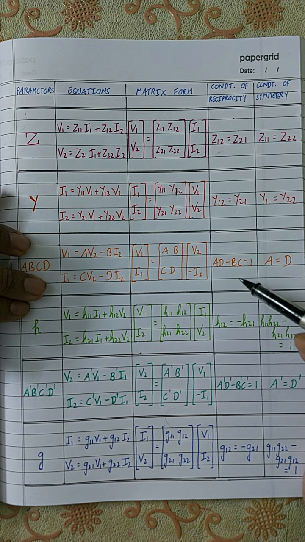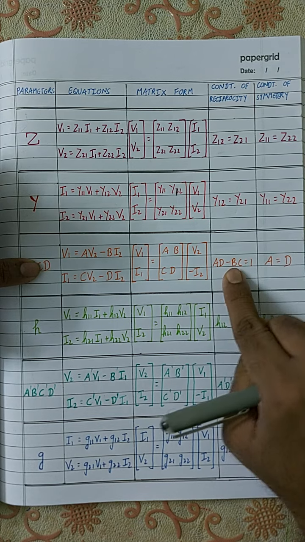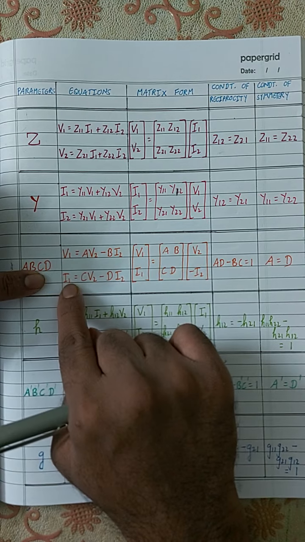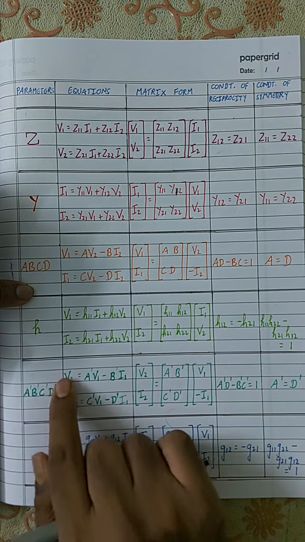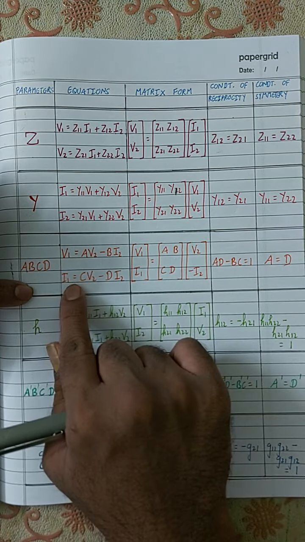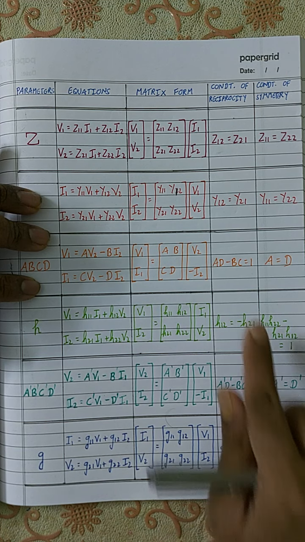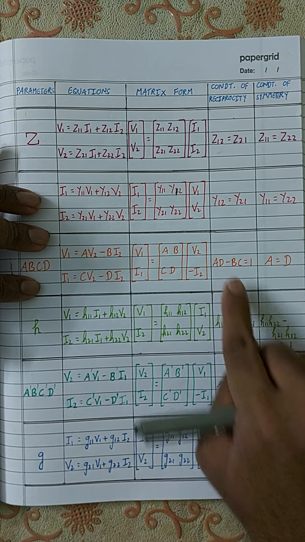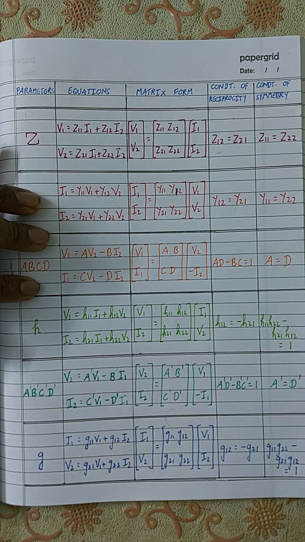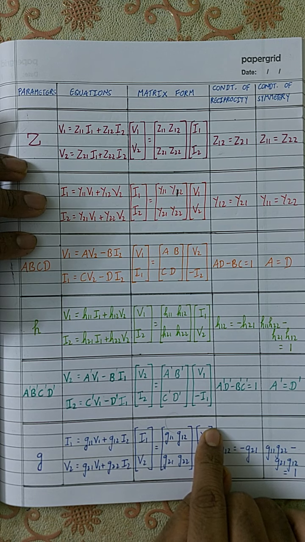Okay, and look at the condition for reciprocity, condition for symmetry. One of the enjoyable facts is that if you remember this, then remembering this is also very easy. Look at this. If expressing V1 and I1 is called ABCD, then expressing V2 and I2 is called A', B', C', D'. As expressing V1, I1 is transmission parameters, expressing V2 and I2 is inverse transmission parameters. And look at the condition for reciprocity. It's exactly the same, only the parameters are different. Over here also, the conditions are the same. Only the parameters are different. So if you remember this, then remembering this is very easy. That's what I meant.